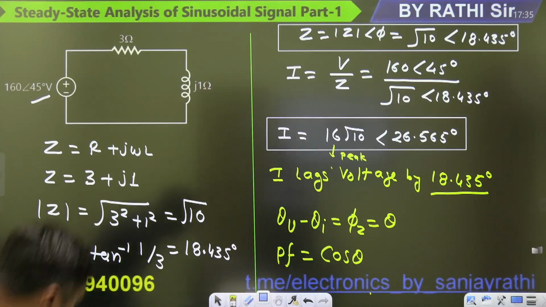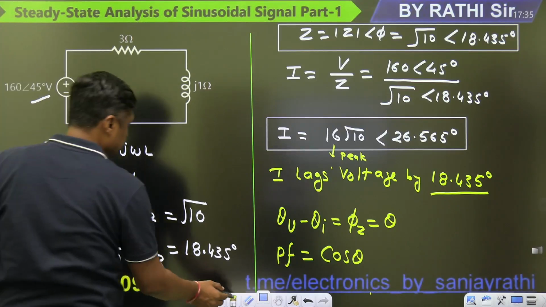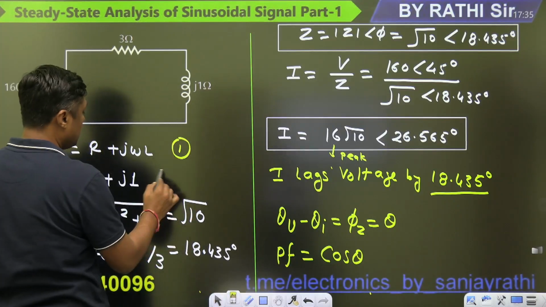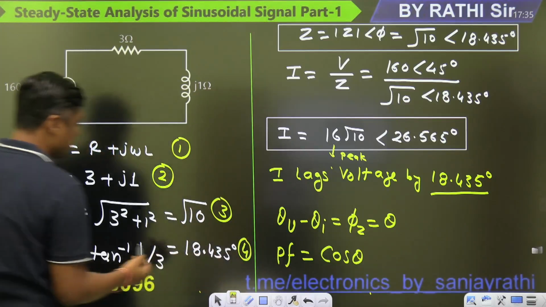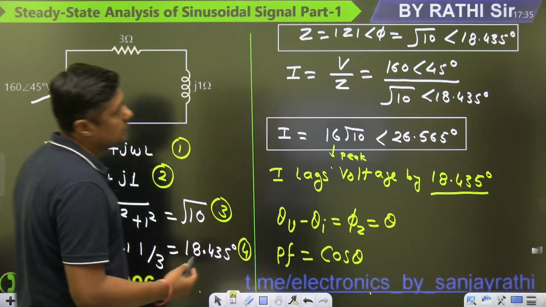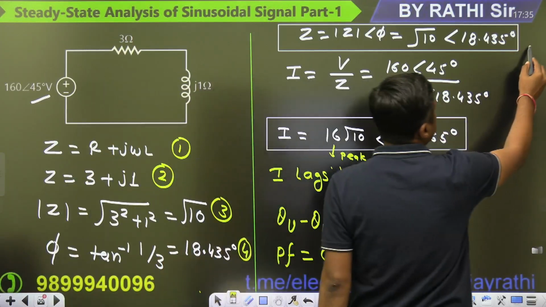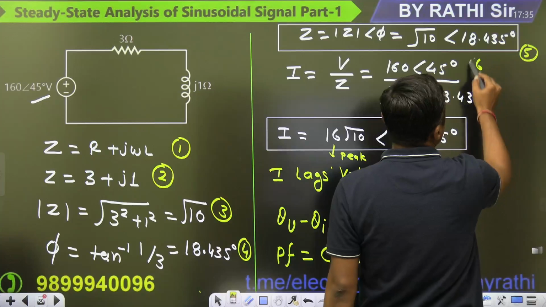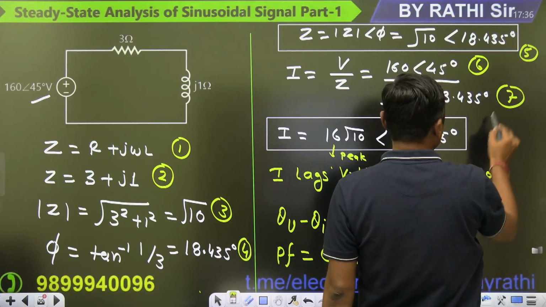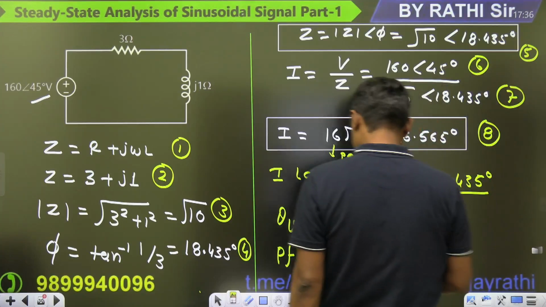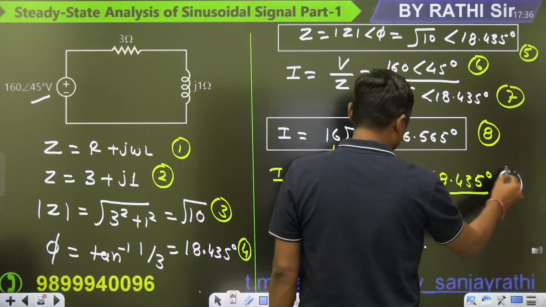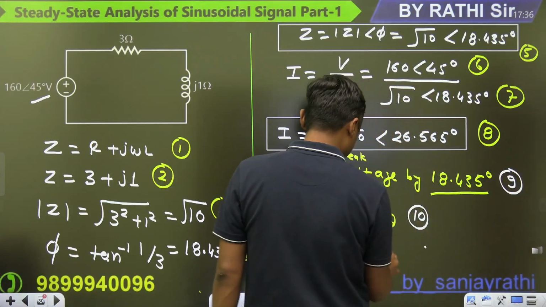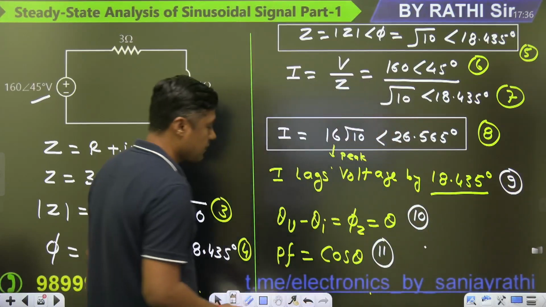In equation number 1, 2, 3, 4, 5, 6, 7, 8, 9, 10, 11,